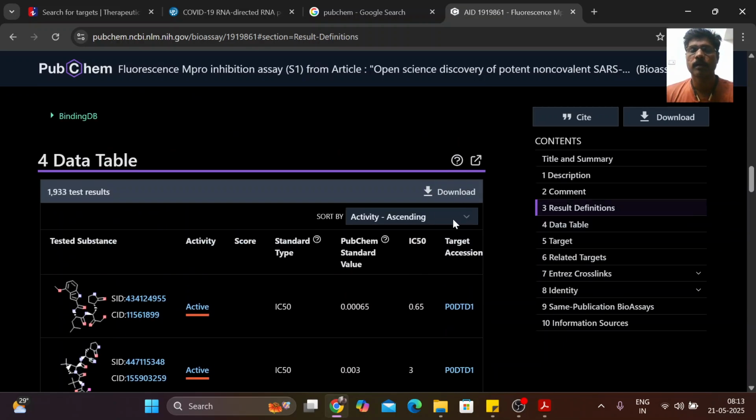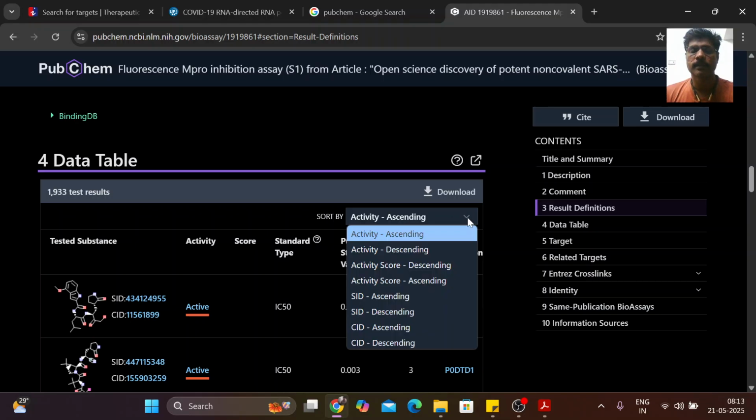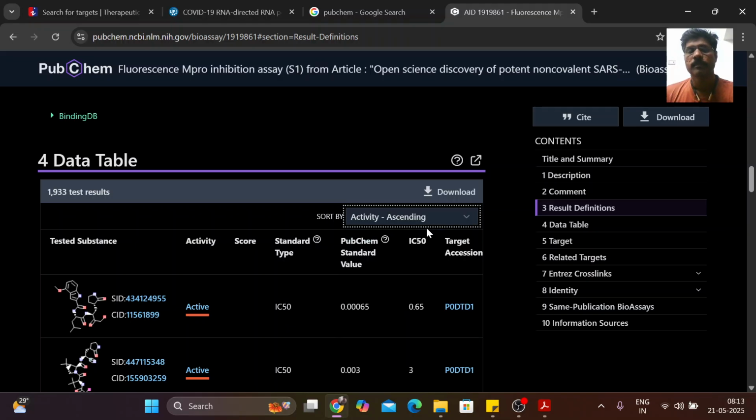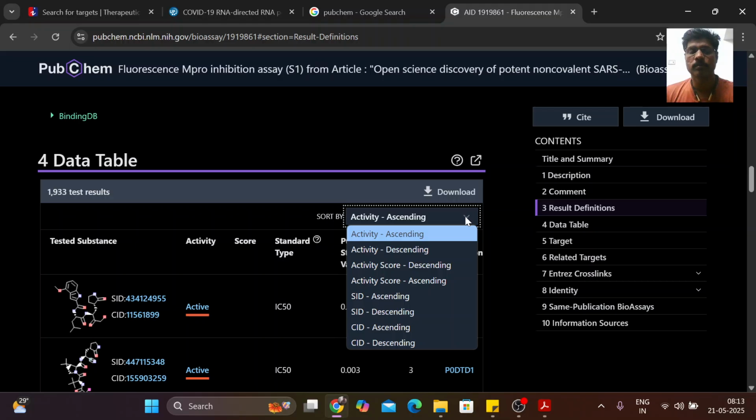So we can go here to activity. I need the ascending, right? Because whatever you want, you can download. Don't worry, anyway, we are going to process the Excel file. So download